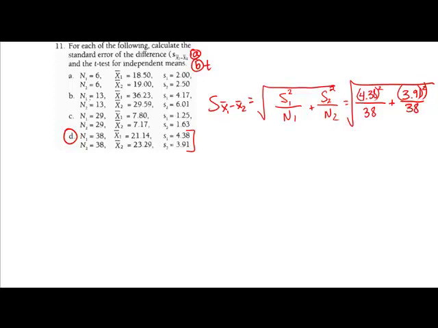So turn on my calculator. 4.38 times 4.38 equals 19.18. I'm going to divide that by 38. I got about a half, 0.504. Let's add that one to